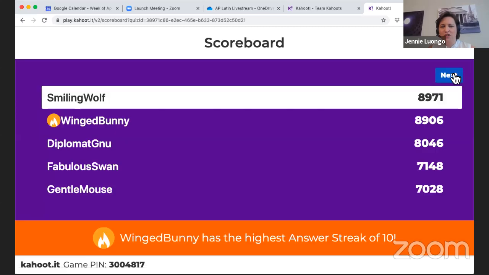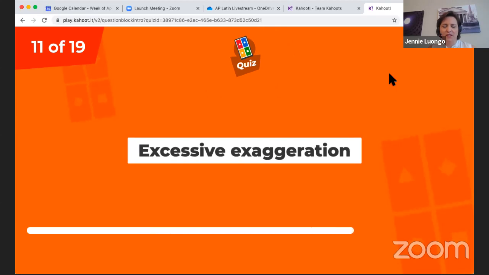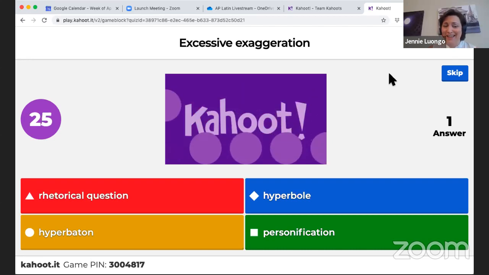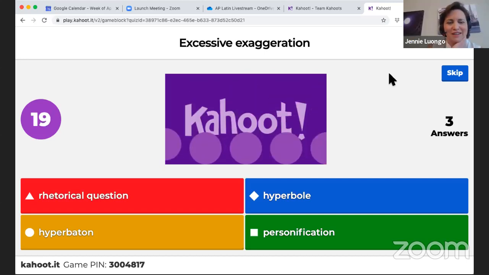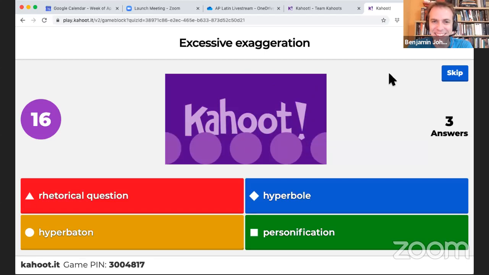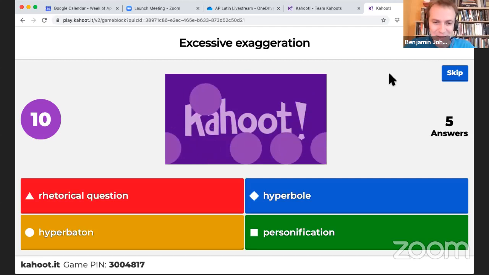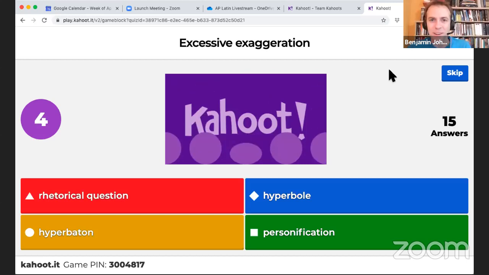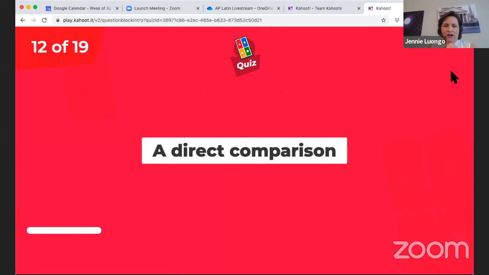So most people knew hyperbaton. Good for them. You know what? All these people who were begging us to do a figures of speech review, this one's excessive exaggeration. I think they might have been exaggerating, not knowing figures of speech. Everyone was exaggerating. Yeah, exactly. Because they were like, oh, we need figures of speech, but now they're getting all the answers right. I almost slipped and almost said the answer. I did that almost on the hyperbaton one last time. Right, but things that are excessive are like super, right? So what's the Greek word for super? Good question. Good hint. It's hyperbole. Good job, everybody. All right, continuing on.